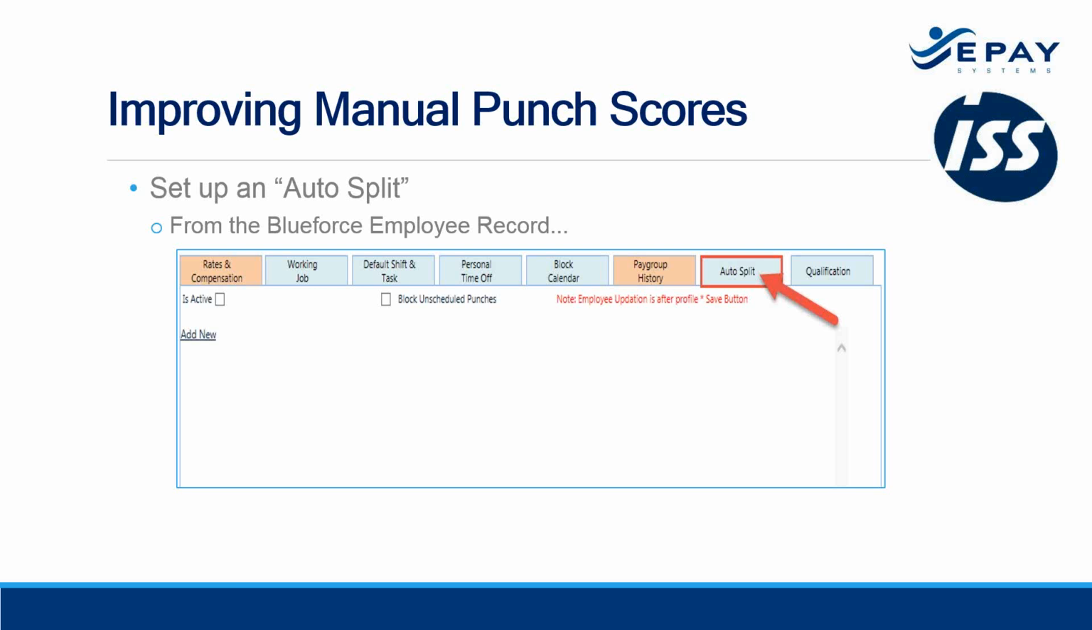That goes through the process of auto split and split time card. That way you have it at your disposal, and you can go off and print it off and review it as needed. But bottom line, from the employee Blueforce employee record, you're going to go to the tab called